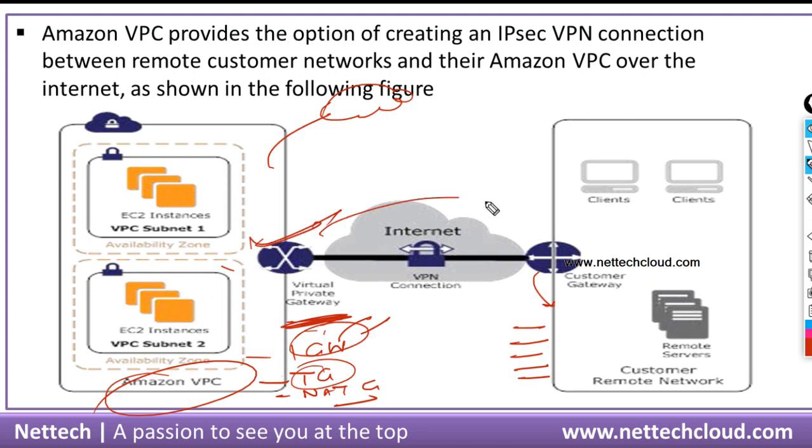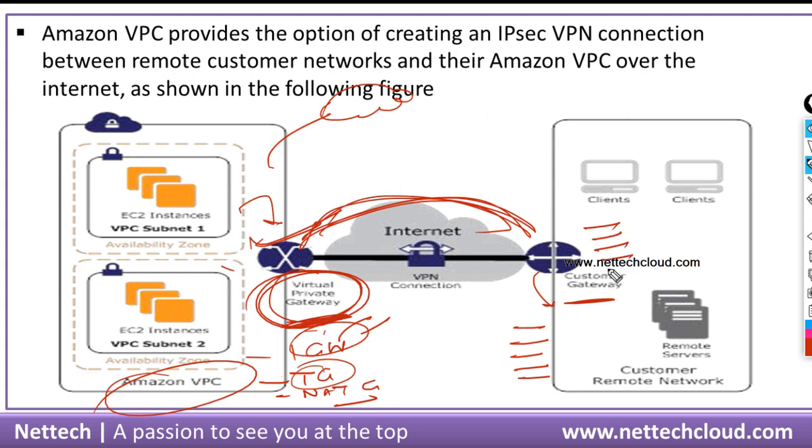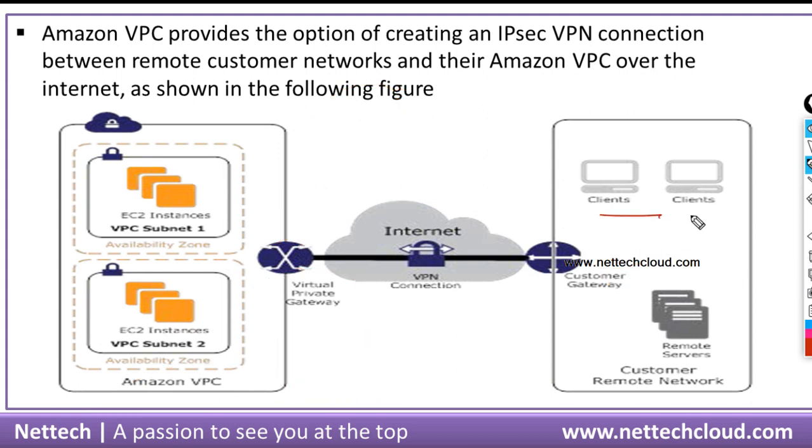So the tunnel needs to be set up, an IPsec tunnel between the VPN gateway, which is a software gateway managed by AWS, and the customer gateway, which can be a Cisco router, firewall, ASA, FortiGate, Checkpoint, or Palo Alto, right? Once the tunnel is configured and up, the resources of this AWS network will communicate with the resources of this customer network, provided security policies allow that, by using the private IP, and the communication will be secure here, right?